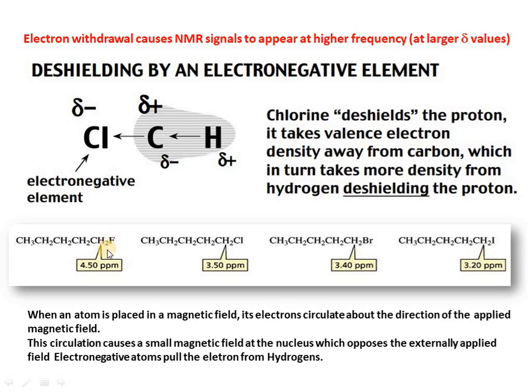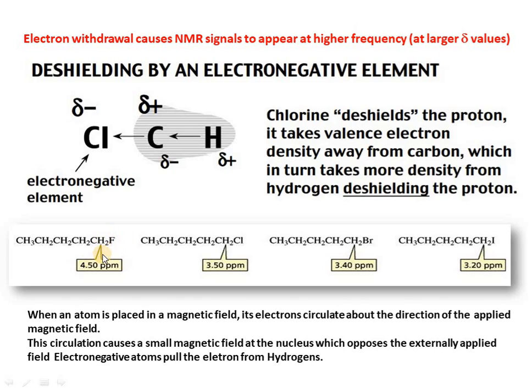So the protons directly attached to the electron withdrawing group are shifted towards the left due to the electronegativity of the element. So the greater the electronegativity of the element, the greater the shift of the signal towards the left,